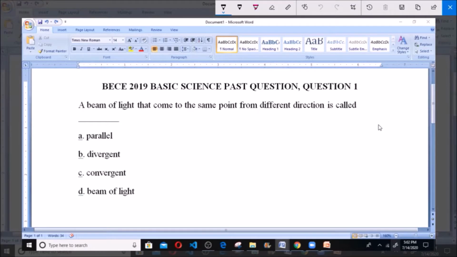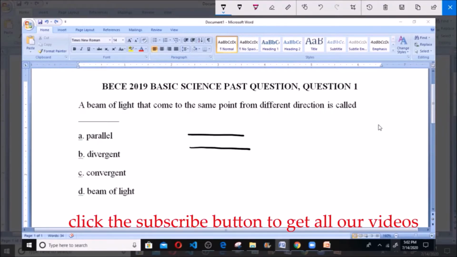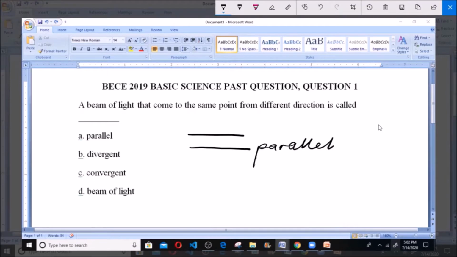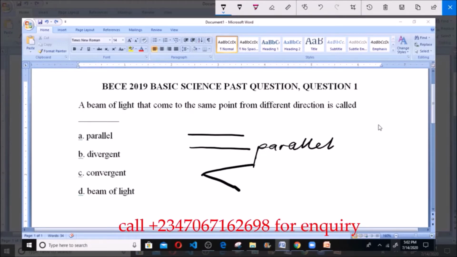of these terms. A. Parallel. Parallel simply means two lines or rays of light that never meet. So definitely parallel cannot be an answer because the question says a beam of light that comes to the same point. Then B is divergent. Divergent means spreading of light rays from a point, and the question says come to the same point from a different direction. So definitely divergent